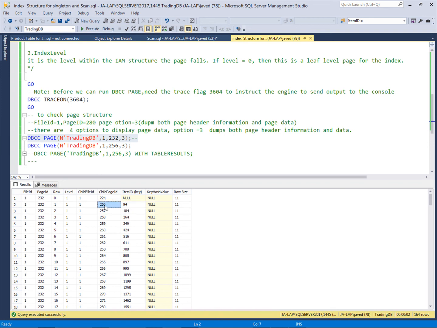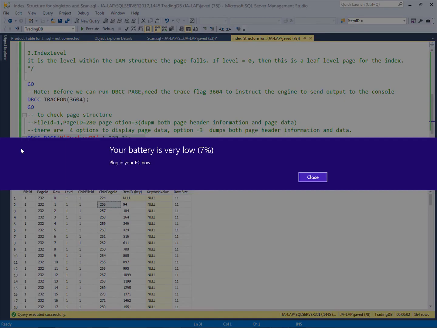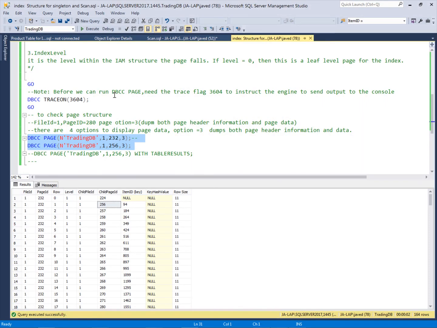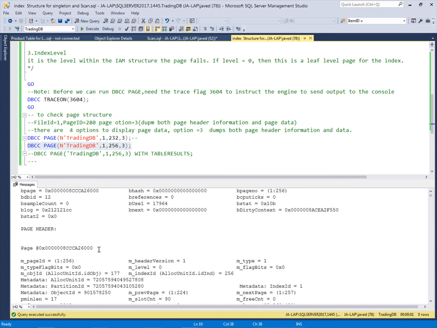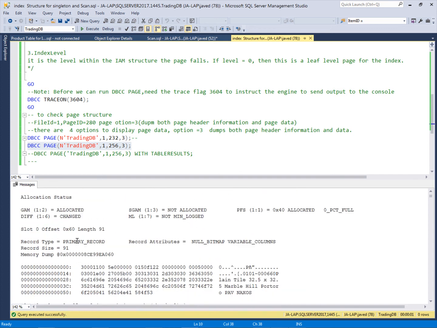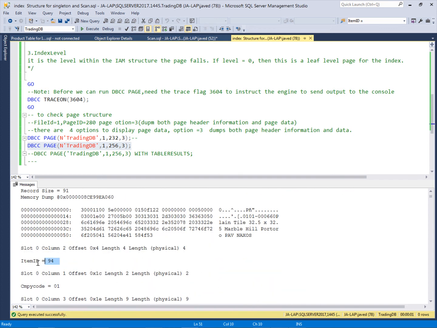So if I'm going to check this child page ID, which is the leaf level page, which is the data page, it contains the actual data of this index. So if I check this page, this is the header part of this page, and now this is the page ID starting from 94, which we have checked on the root page.